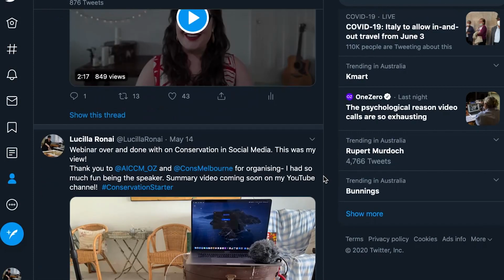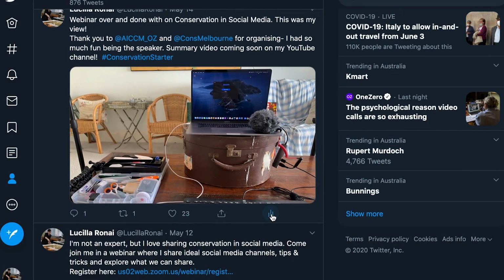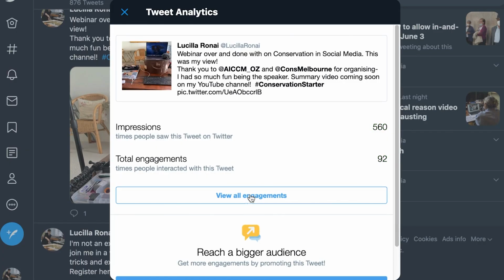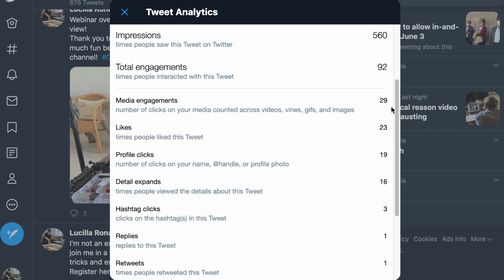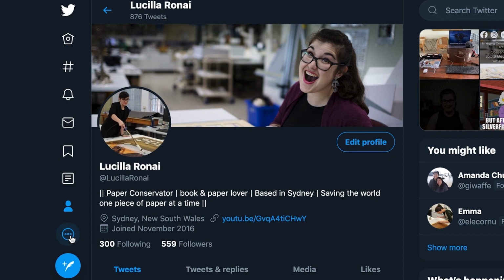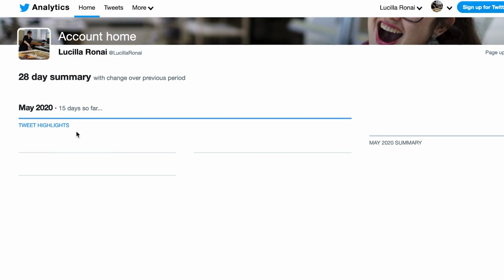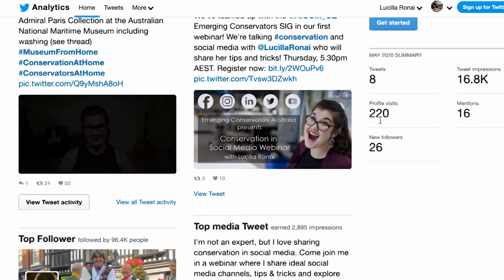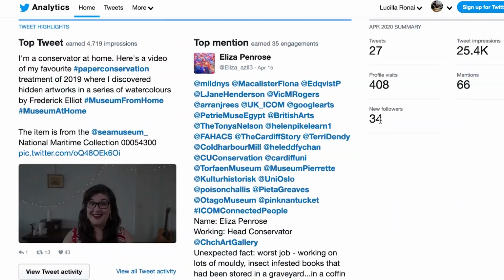So in terms of analytics, I am not an expert. There's a really easy way to check your analytics, for example, on Twitter. And I think you've got to pick and choose what data you pay attention to. For example, engagement rate on Twitter is probably more important than the impressions you get. So engagement rate is how many times people have actually engaged with your content rather than just scrolling past it. Whereas impressions means it's maybe appeared on their feed and they've scrolled past it. So that's good to know how many people are exposed to your content, but I think it's more important to know who's engaged with your content.